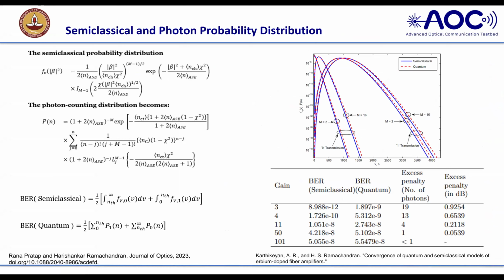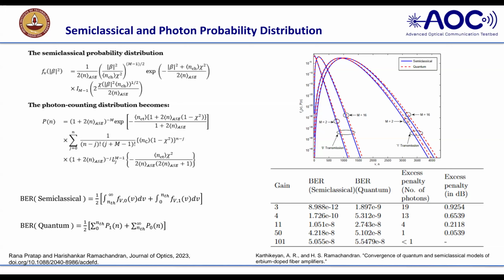What I want to say here is, if you want to calculate the intensity at the direct detector, we can calculate it semi-classically, which we already studied in fiber optic communication, in all standard books. We go from the BER in the semi-classical picture. There we calculate the intensity distribution, substitute this formula for 0 and 1, and the semi-classical probability distribution function gives me the answer. But if you consider photon numbers 2, 3, 1, this distribution will change.